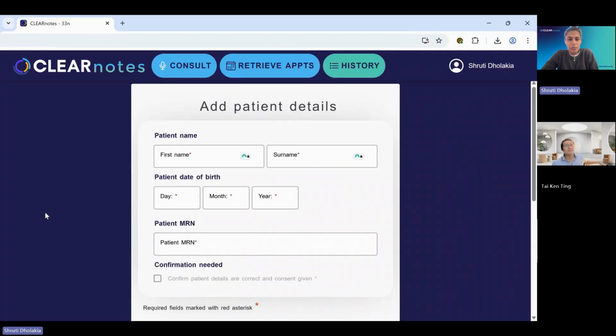CLEARnotes is an ambient voice technology which is browser-based and also can be integrated into EPR systems. It is accessed via sign-in and a multi-factor authentication via the browser. Once you're logged into CLEARnotes, you can start a consult and you can fill in the patient's details,